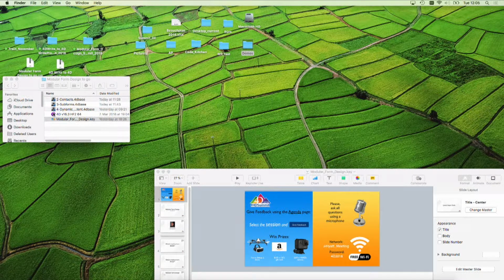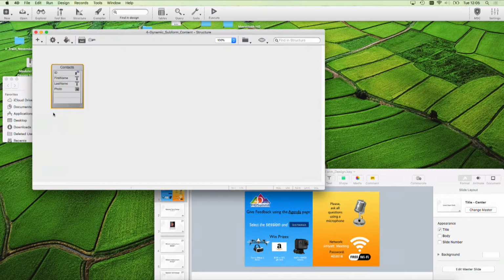This version. If you come tomorrow to the 4D Write session from me, I will show you V17. This is V16, because there's nothing inside. We would need V17 for this. So